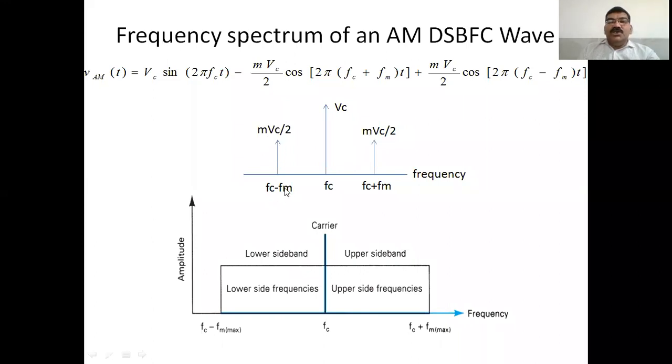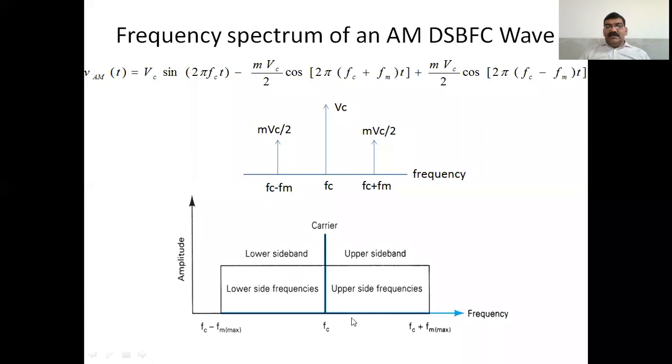So these two bands are there, FC minus FM and FC plus FM. Why is this important for us? Because further we are going for the separation of the bands. That is full carrier: the carrier frequency is there and both bands are there, the lower sideband and the upper sideband. This is the envelope we have shown, with full carrier and both sidebands. We have to understand the frequency content of amplitude modulation, so you can represent it simply this way. Here is your carrier.